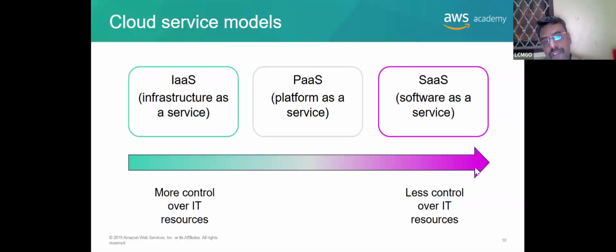Then we talked about the service models. For IaaS, I gave the example of a bank, for PaaS a VS Code editor, and for SaaS Zomato. That means whatever I want to move to the cloud, I move, and the remaining I keep physically. I can use a platform as a service, and as software as a service I can use it end to end.